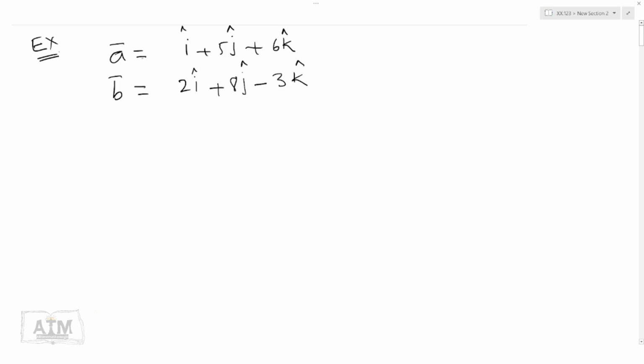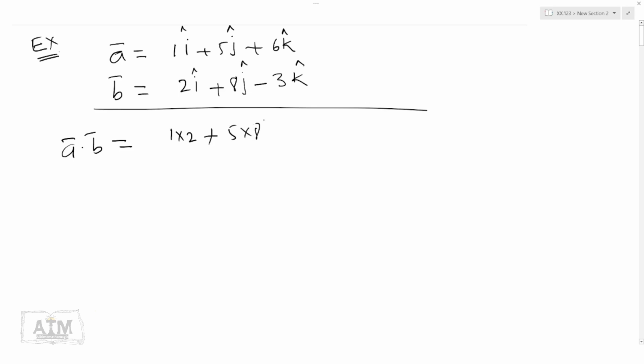One more example: if vector A equals i plus 5j plus 6k and vector B equals 2i plus 8j minus 3k, and suppose we want to find A dot B, then how do we find it? You first write the i terms below the i terms, j terms below the j terms and k terms below the k terms. After that, here is a 1, here is a 2, 1 into 2, plus here is a 5 and here is an 8, 5 into 8, here is a 6, here is a minus 3, so